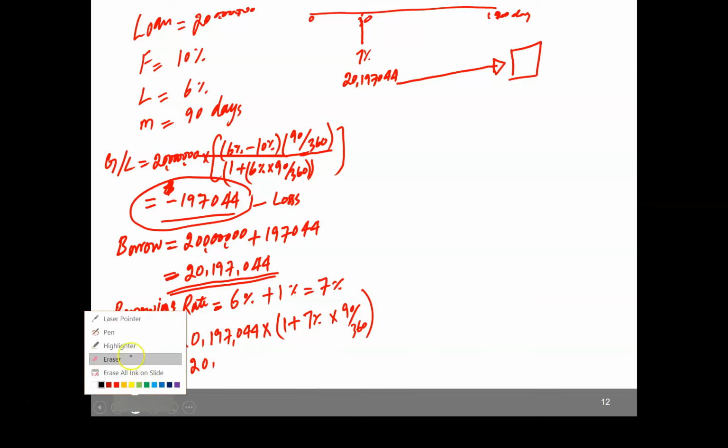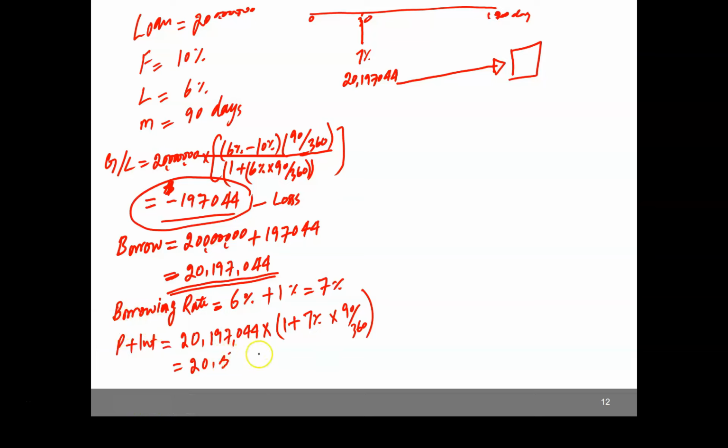So it will be 20.550492 million. Now, if we want to calculate the effective rate on the loan, we will have to divide